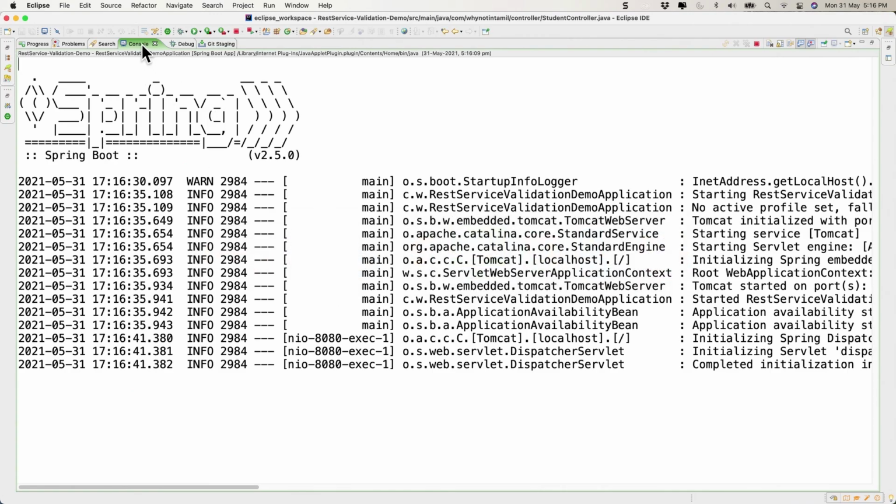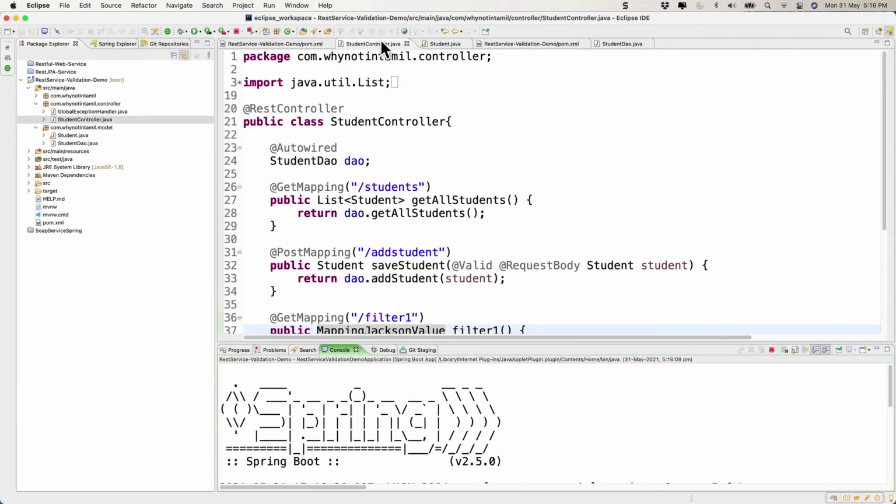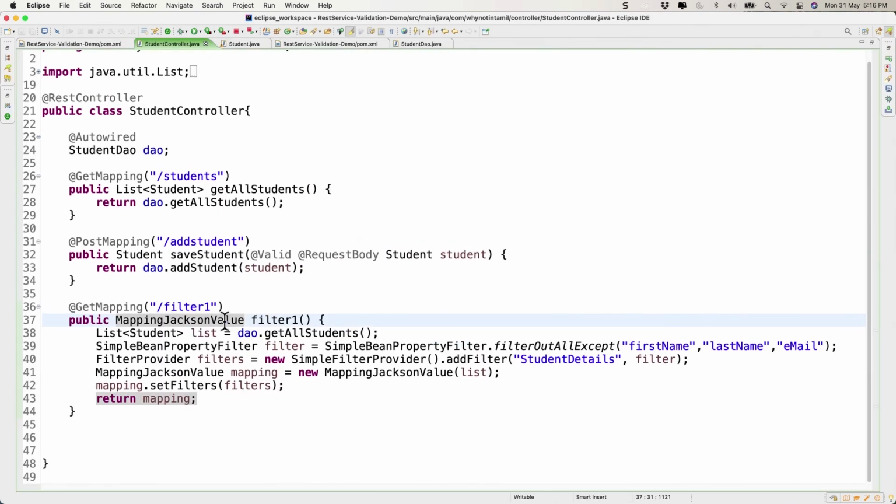So you can apply multiple filters for the same DTO. So whenever you call this method, the response will contain only the first name, last name and the email. Think about this scenario. I want another kind of methodology. So whenever I call this particular method, I'll need only my first name and the email. I don't even need the last name. So how can we do that?